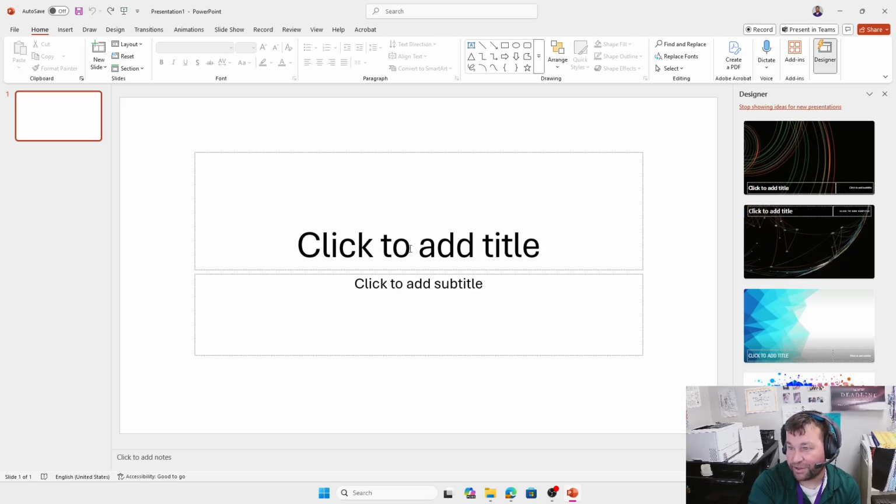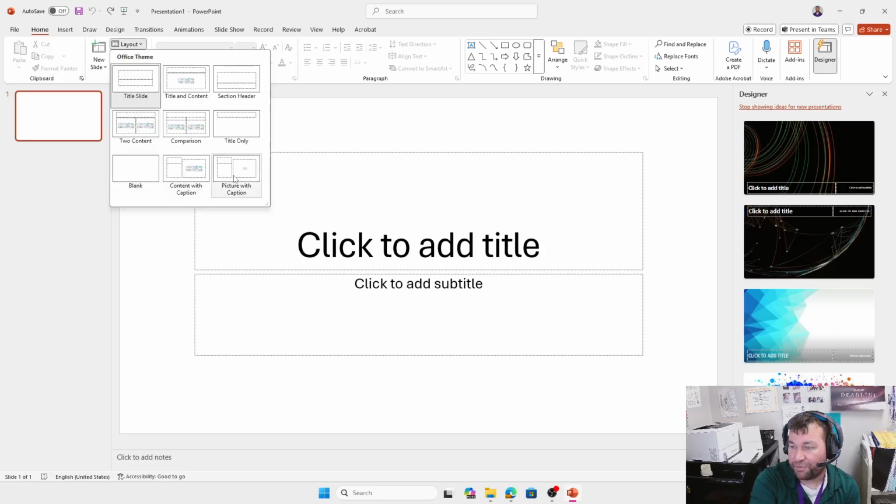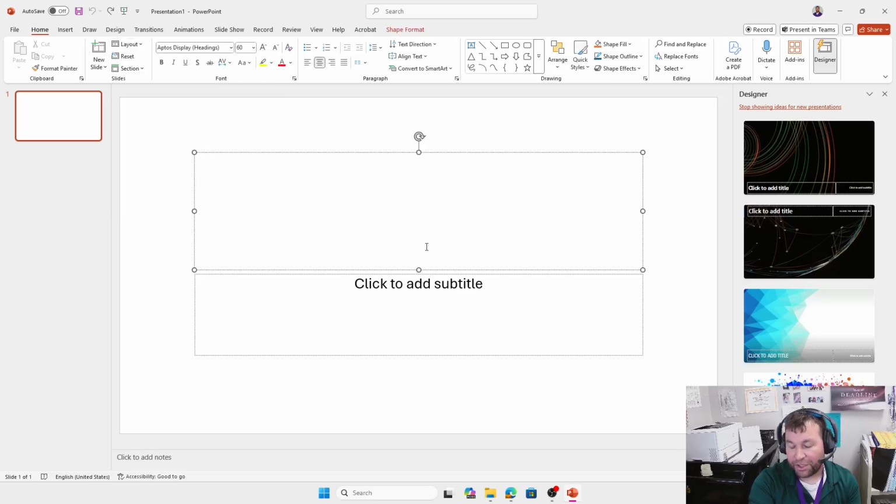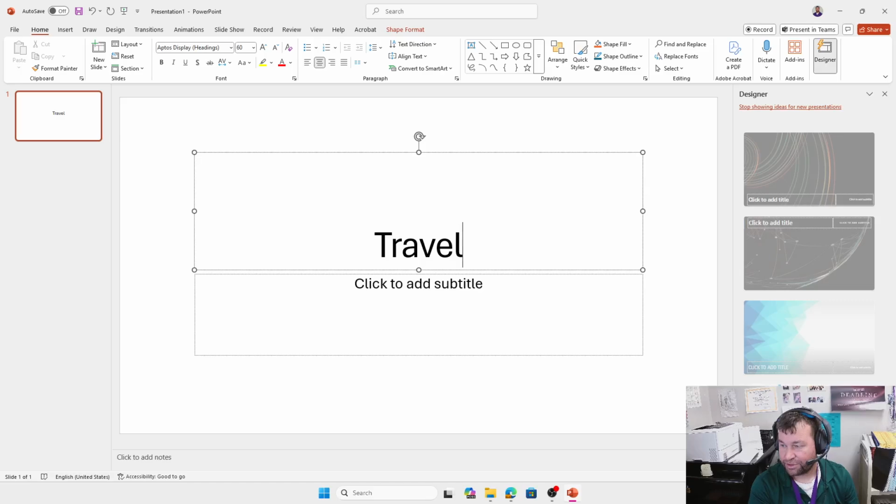title frame like this. A few things about PowerPoint if you've never used it before. If you wanted to change this layout, say you didn't want this title, go up to the top and you'll see it says Layout, and then you can pick whichever type of slide you want. In this case, I'm just going to do my demonstration on travel, and I'm going to call